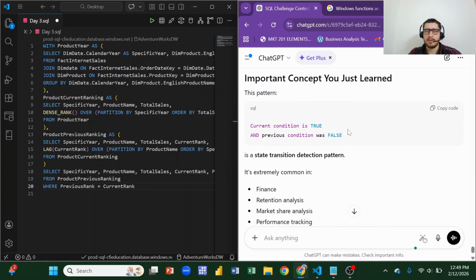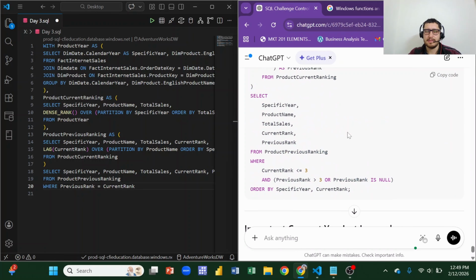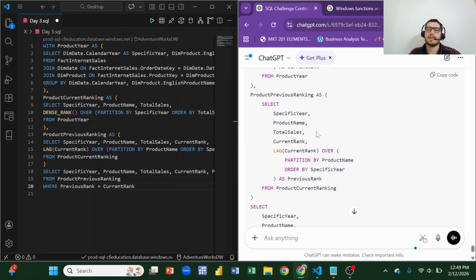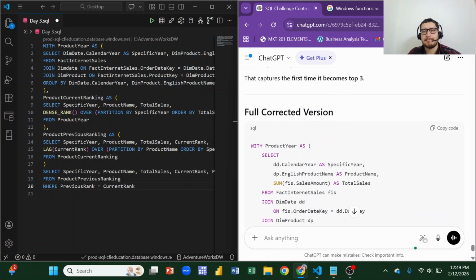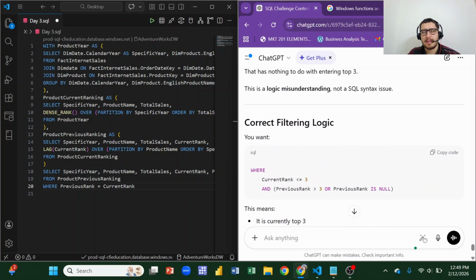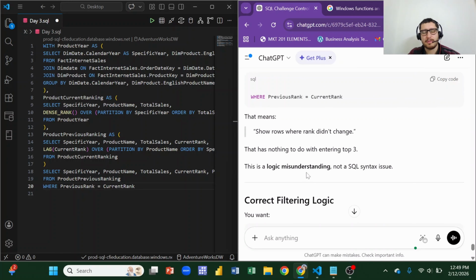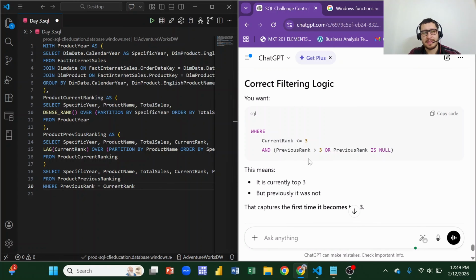Okay, so I think the problem was with the filtering concept. The filter was wrong, and I think I misunderstood the question again. The filter is wrong because I told him that the filter is wrong because